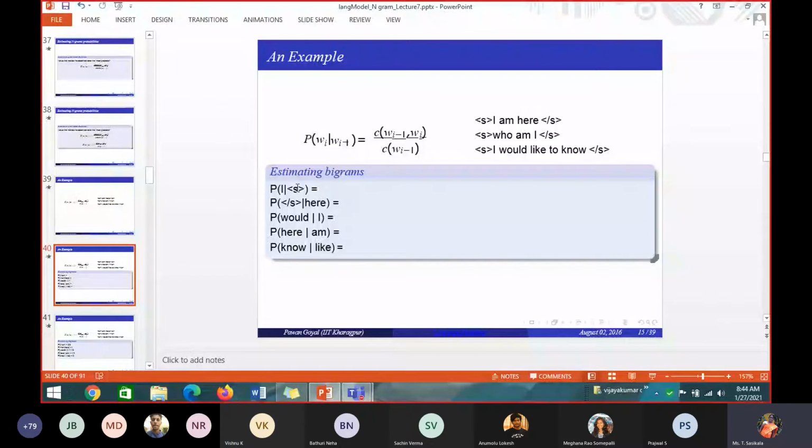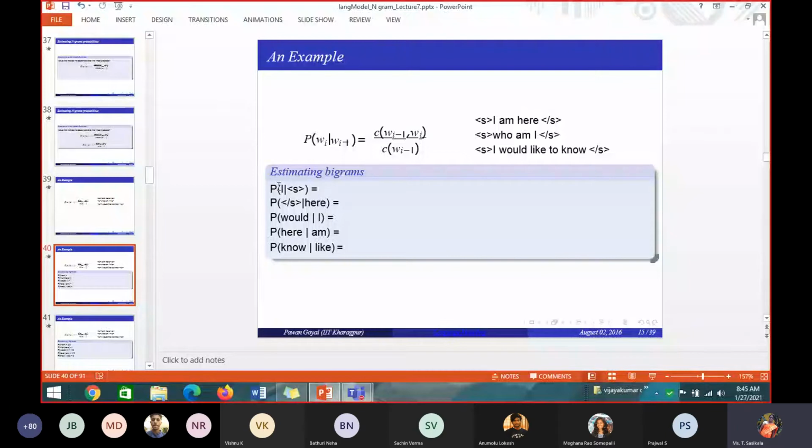How many times? I am not asking for the count. You have to interpret and complete the sentence: given the beginning of the sentence, how many times I is occurring in the start, following it. So I can interpret it as: given the starting of the sentence, I want to find the probability of how many times I follows after the start of the sentence.